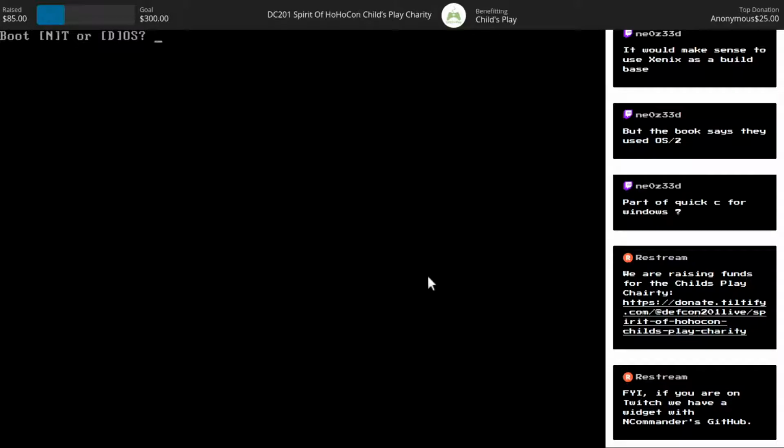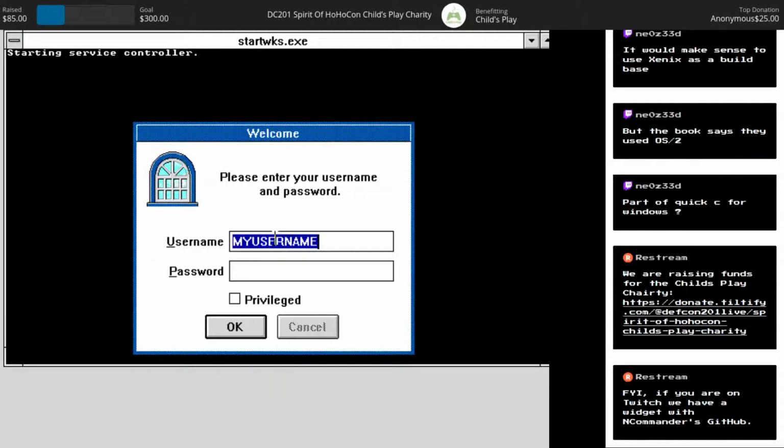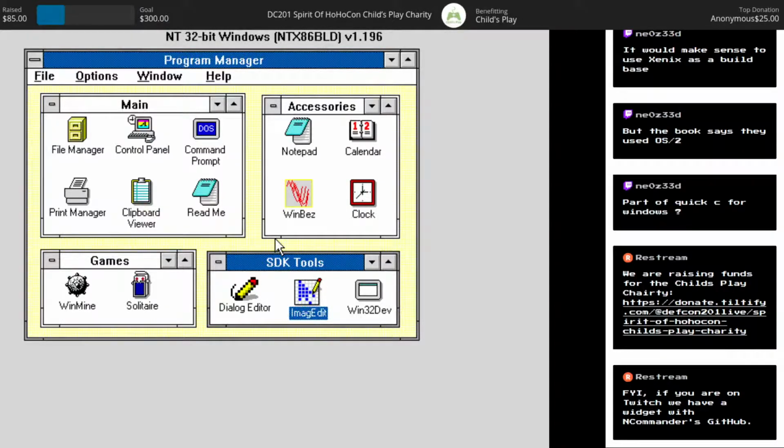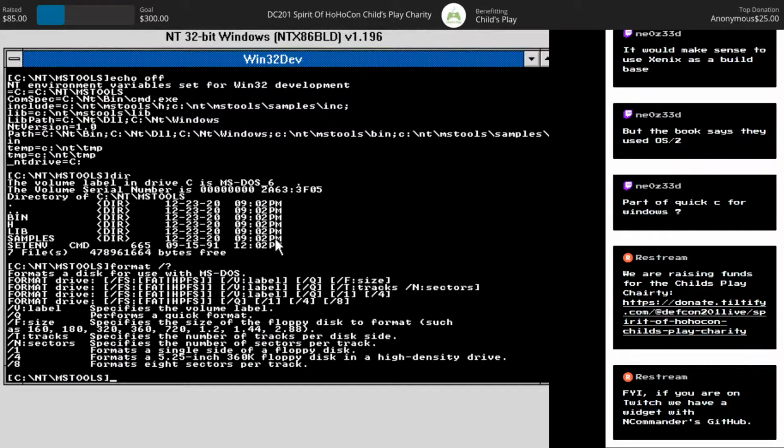So, speaking of the Twitch widget on GitHub, okay, so apparently I am there. Last time I looked at it, it was pointed at the main DEFCON 201 one and not myself. But, okay, that's fine. This is all fine. I'm fine. We are running old Windows NT and the world is not on fire. I'm annoyed that I have to specify the world's not on fire, but...